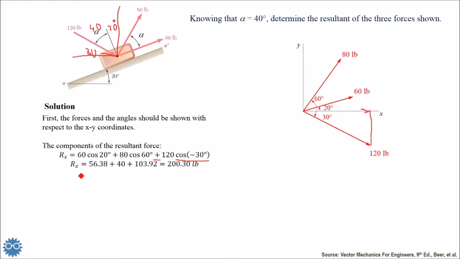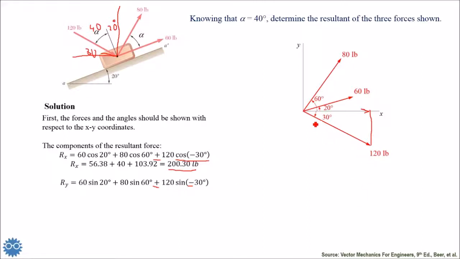Now, we get the values, and finally we get the value of the x component of the resultant, which is equal to 200.3 pounds. Now, the same way we get the y components, 60 sine, we use the sine, plus 80 sine 60 plus 120 sine minus 30. Here we should be careful, because the minus here will affect the sign. So the sine minus 30 will be minus